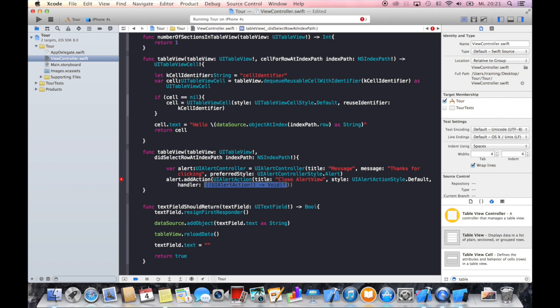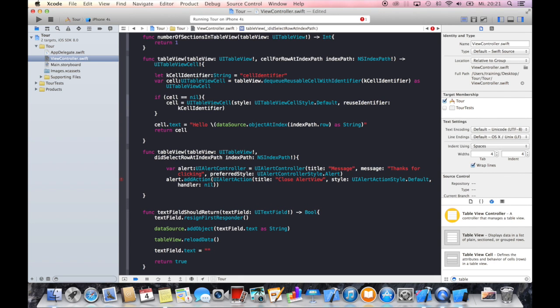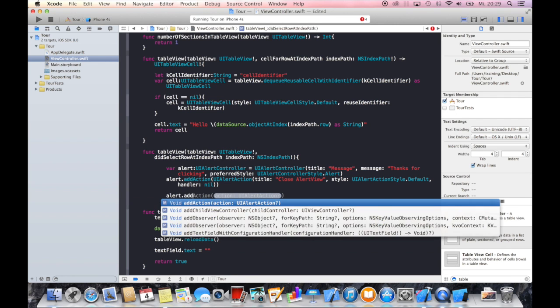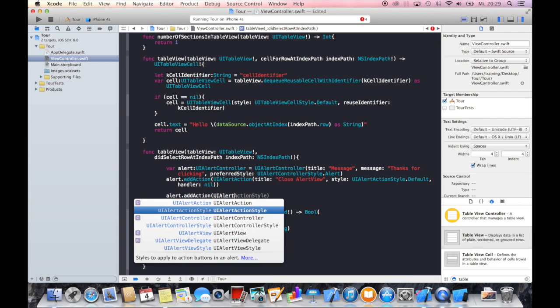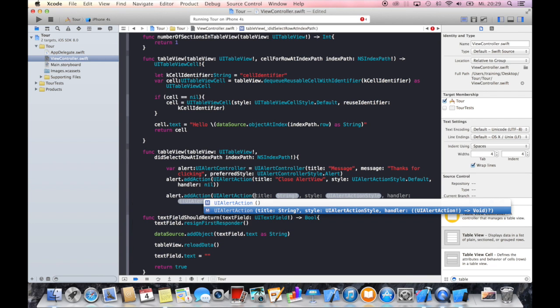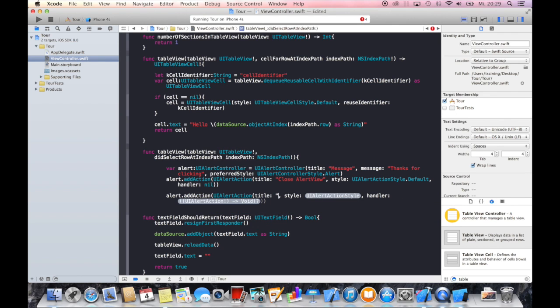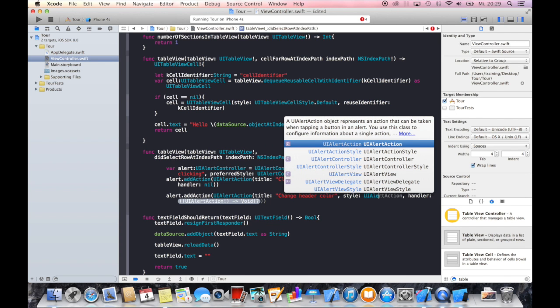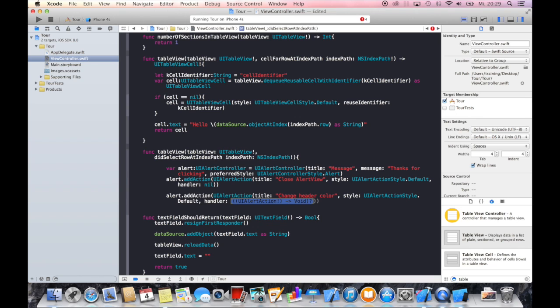But it's named closures within Swift. So for this button, we will not have to do anything because it just closes the alert view. So let's call nil. So let's add the second button, which is also alert add action, and again UIAlertAction, open parentheses, and now let's add the title, which will this time be "Change header color" with a UIAlertAction style default again. And now we're coming back to this handler